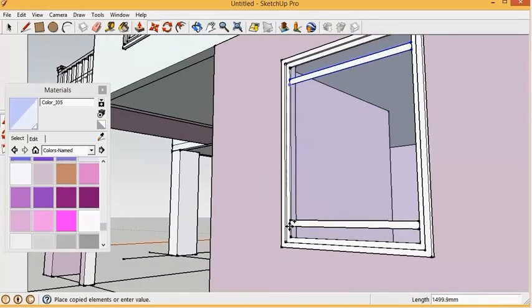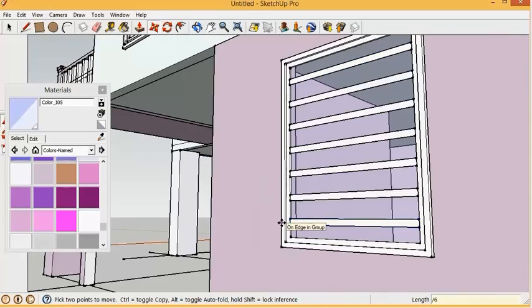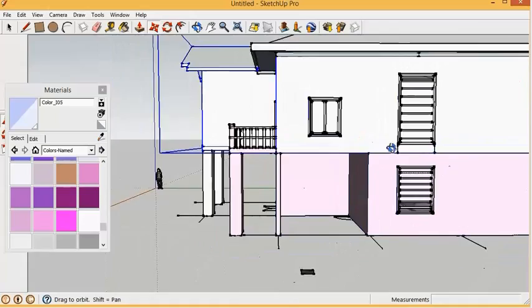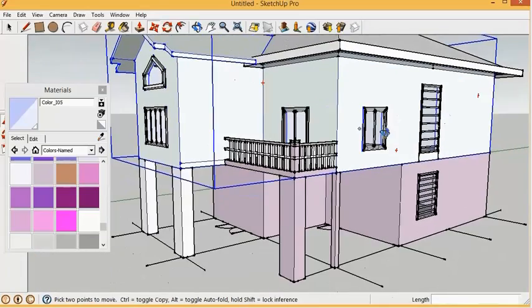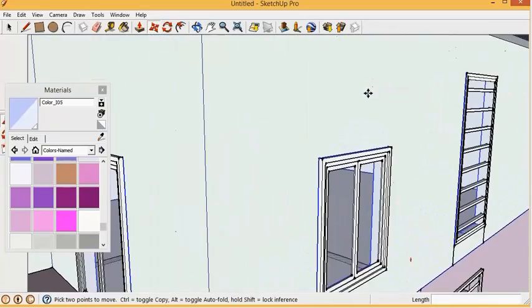Now let's say I wanted to do a section along another wall. All I have to do again is just go into section plane and snap to it. Then I need to select it and hit M for move, and now I can create a